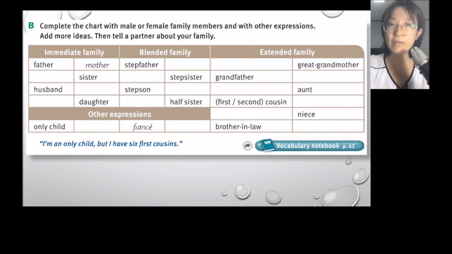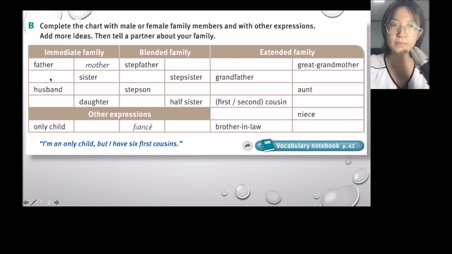And this kind of family is called a blended family. Okay, blended family. It means some family originally is divided, separated, and then they form a new family by remarriage. Okay, so now in these 3 kinds of family, let's learn some names for the male and the female family